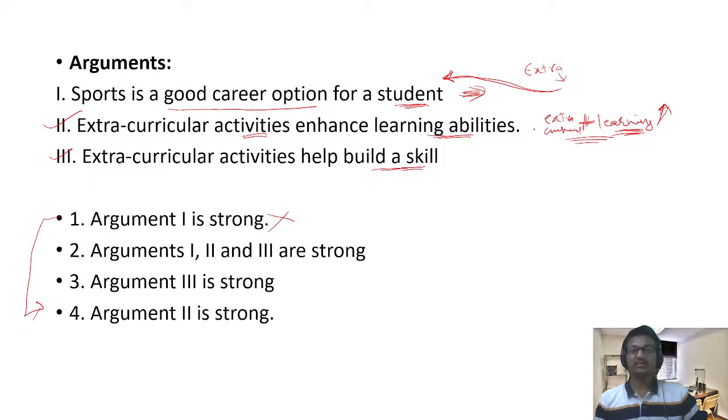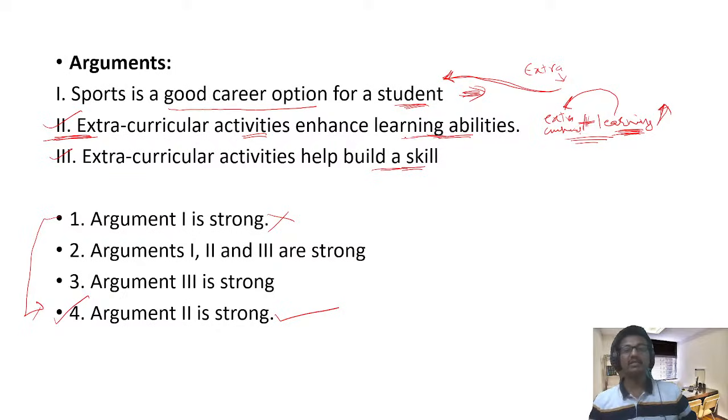strongly supports, because argument 2 strongly supports compared to this argument 3. 2 strongly supports because the main aim of learning is increasing or enhancing with the help of extracurricular activities. So that's why option 2 supports the given statement. So argument 2 is strong, you can select option 4 in this case. If option 5 provides 2 and 3 are strong, then you can select that one. But since that is not there, from these two, which supports very strongly in this case, because learning